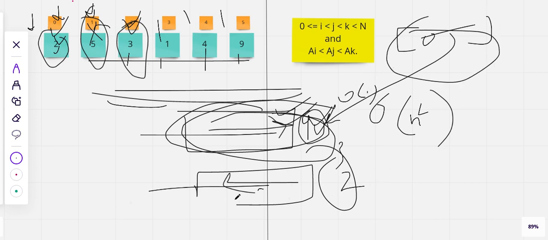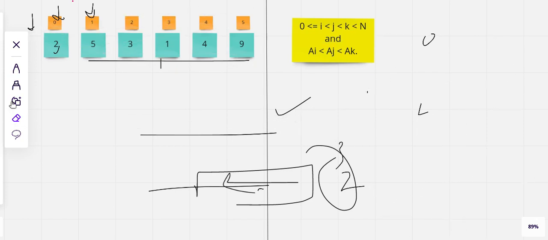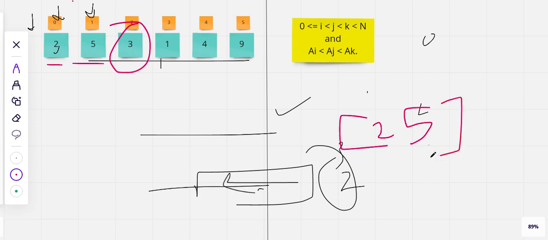And for the left part, what we can do is maintain a sorted array, and we'll check where we can place my second element. Let's say my second element is 3. I'll already have iterated through 2 and 5, and let's say I have somehow stored them in a sorted array, and now I'll see where I can place my 3. I see that I can place it here. So this is the position where I can place my 3.